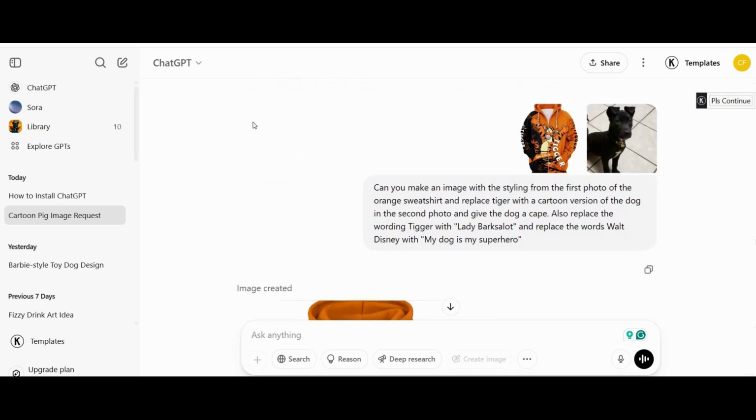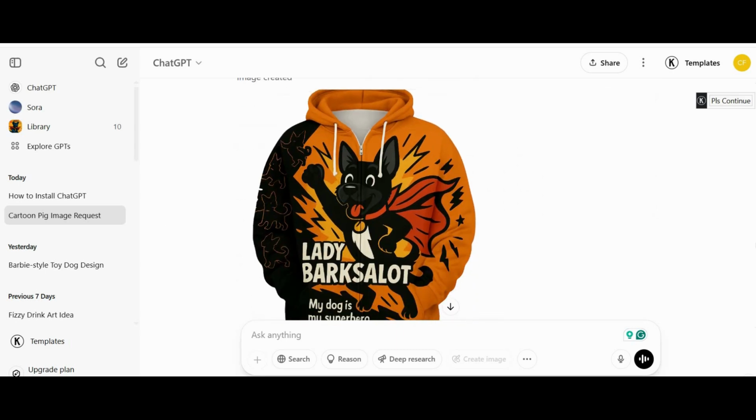I totally wanted to change the subject, and so I said, can you make an image with the styling from the first photo of the orange sweatshirt and replace the tiger with a cartoon version of the dog in the second photo, and give the dog a cape. Also, replace the word Tigger with Lady Barks a Lot, and replace the words Walt Disney with My Dog is a Superhero. So I uploaded these two photos, and I wanted ChatGPT to merge them together. And it created this,